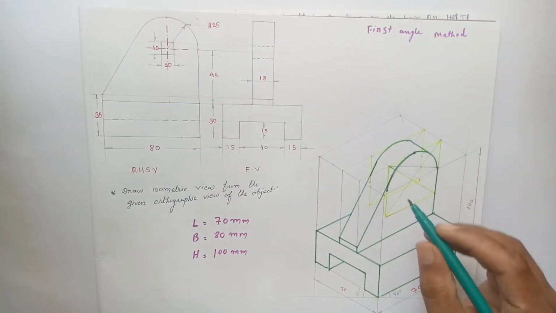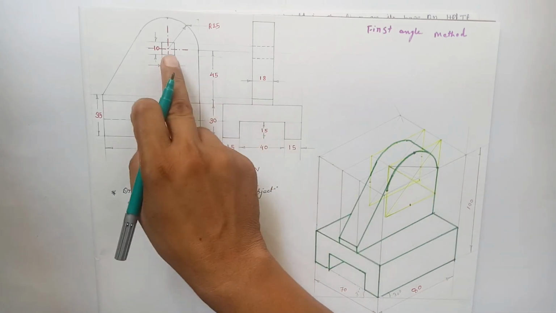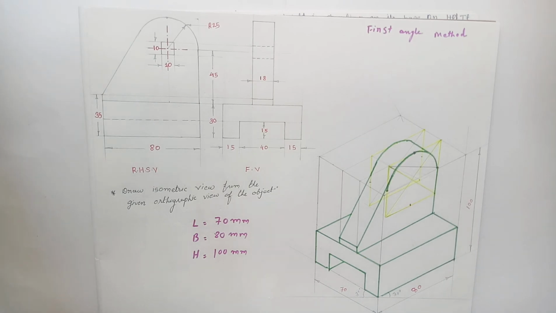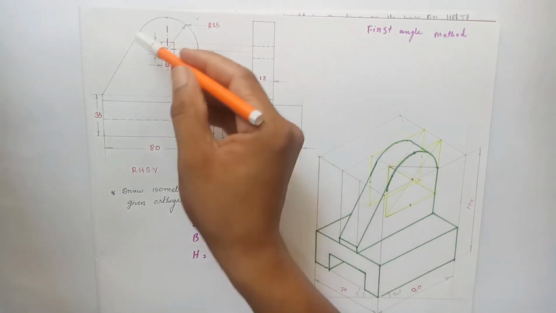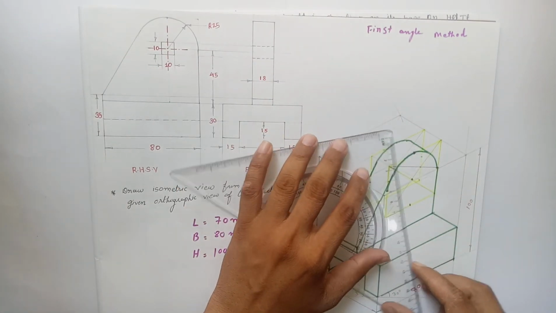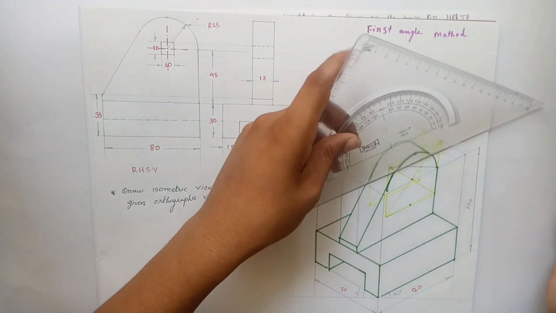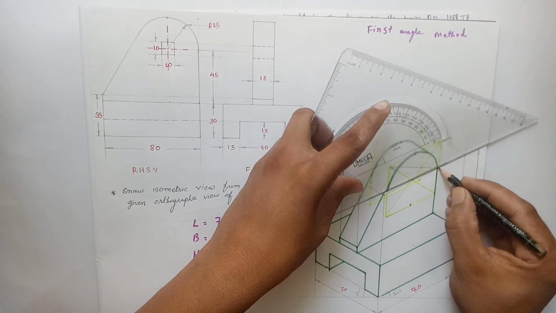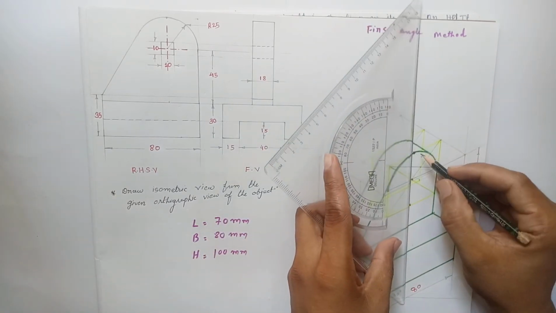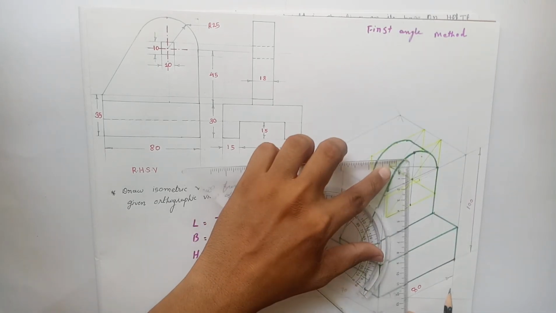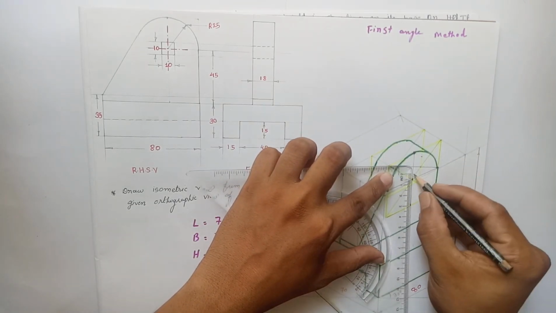Now draw the square at the center at 25. As we have drawn the rhombus, the center will be formed over here. So this will be the center. Now we have to draw a square slot having 10 by 10 mm length. So first of all, join these midpoints and these midpoints. Mark a 10 mm distance or 5 mm distance on both sides.